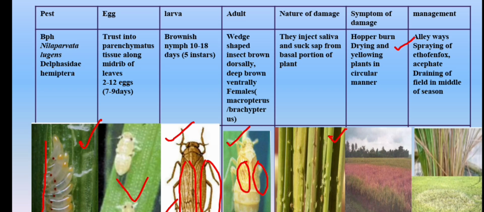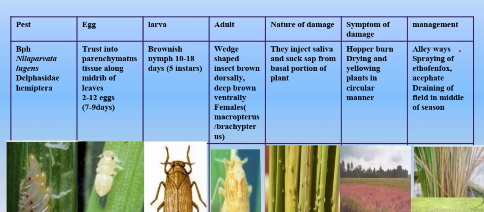So how will the hopper burn symptom look? The plants will get dried. The leaves of the plants will turn brown in color, and drying of the plant occurs due to the toxic saliva which it is injecting into the plant, as well as the sucking of sap from the plants. So here you can see the drying of the fields in a circular manner. Here you can see in the image the field is dried in the form of circles. It is the main important symptom. The main management practice used for the BPH is formation of alleys in